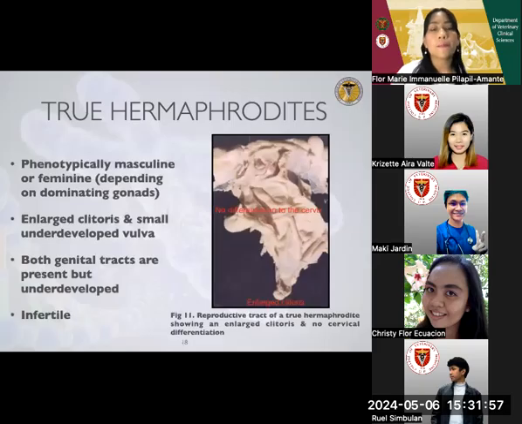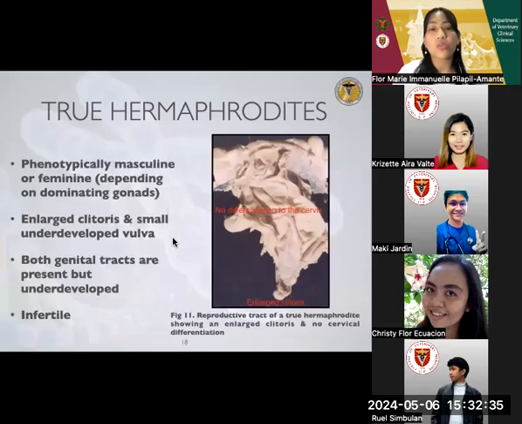Okay. So we have the phenotypic masculine or feminine, depending on the dominating gonads. We have an enlarged clitoris, but there's no differentiation on the cervix. So the cervix may be the same. The abnormalities we see would be on the uterine horn or on the ovaries, and then the presence of the rudimentary testes. Okay. And one of the clues that we can look at is the enlarged clitoris,